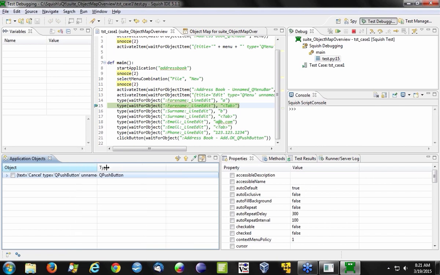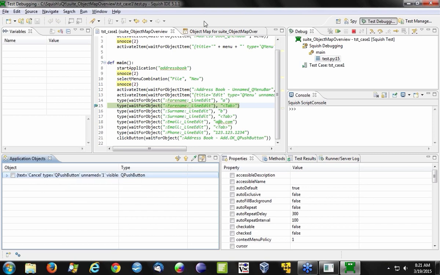I'm returned back to Squish, where I can see that object highlighted and its properties. If I'm manually scripting and I didn't want to record interacting with that object, but I do want that object in my object map, there's some options. I can right-click and add this object to my object map. The easiest way to then find that object in the object map that I've just added is to right-click and copy its